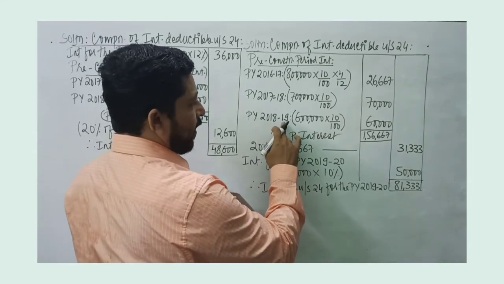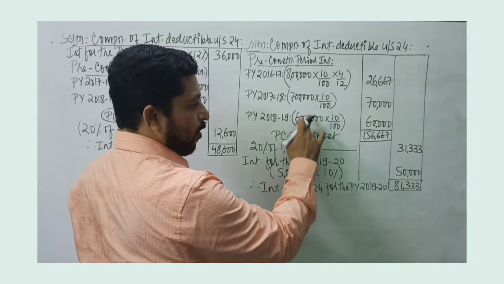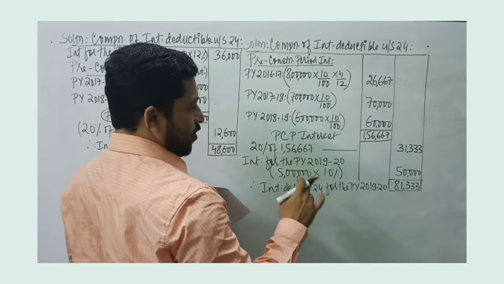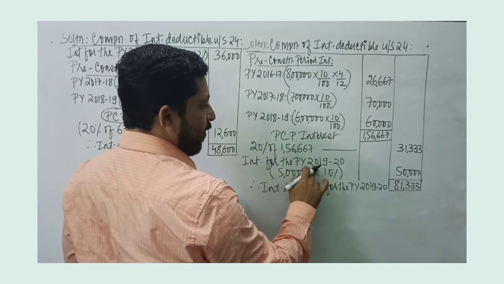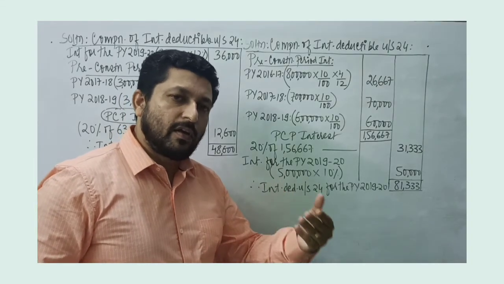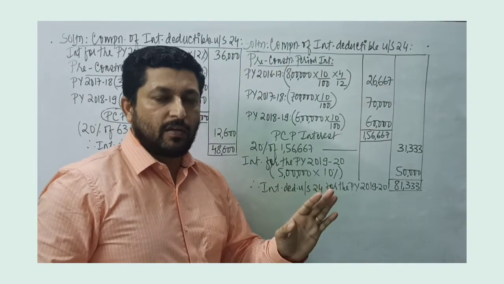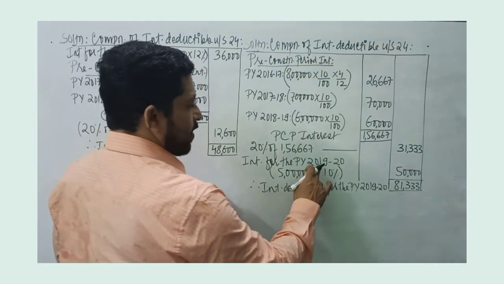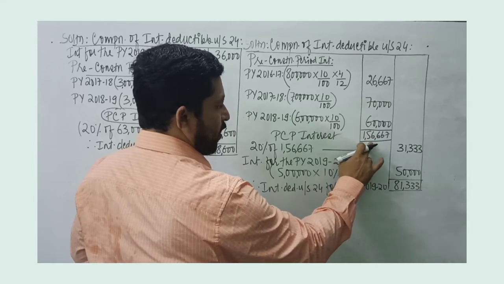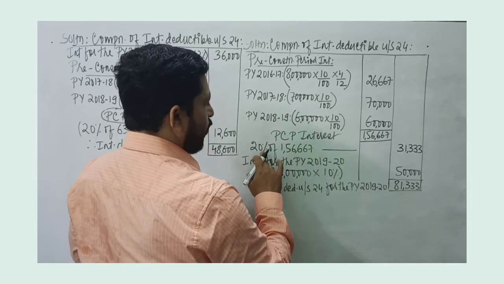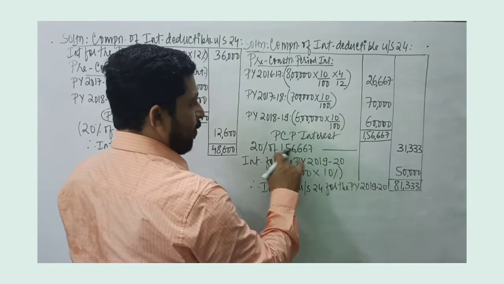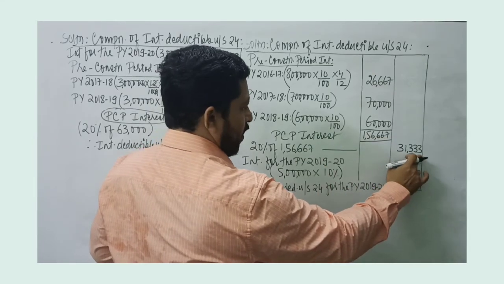Again we have previous year 18-19, 1 lakh amount is repaid, annual payment. This works out to 6 lakh. Rate of interest 10%. So this works out to 60,000 rupees. Now in the year 19-20, the construction is completed. Whether the construction is completed on the first day of the year, any month in the middle of the year or the end of the year, that year's interest, where construction is completed, will not form a part of PCP interest. So PCP interest total is 1,56,667. We take 20% as a deduction starting from the year 19-20. So 20% of 1,56,667 is 31,333.